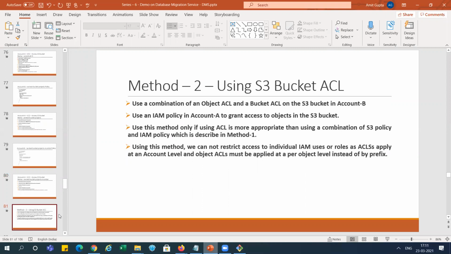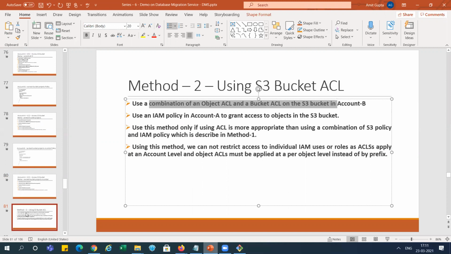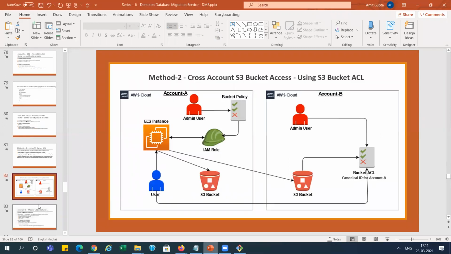But you know this is a combination of object ACL and bucket ACL for the S3 bucket of account B. So you can see here, the same way we will do, only we will change your bucket ACL over there, and based on this ACL, this user will get access to this bucket. This IAM role and user bucket policy is used for accessing a bucket in the same account. For another account's bucket, we are using this bucket ACL, which is configured by the admin in this bucket.